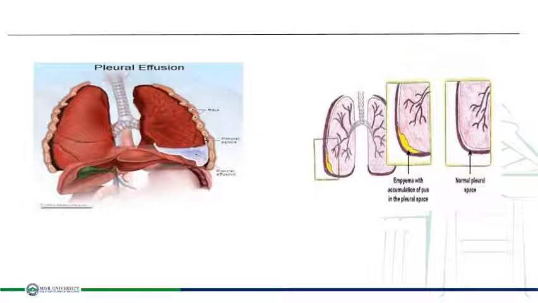Chemically, pus has certain criteria which help to differentiate it from other fluids collected in the pleural space under other pathological conditions. These chemical criteria include pH of 6.2 to 7.2, acidic, however it may be alkaline as in case of previous infection. Specific gravity of more than 1015, glucose content less than 60 mg per deciliter, total leukocytic count in the pus of more than 15,000 cells per high power field, and presence of the causative organism, which can be detected